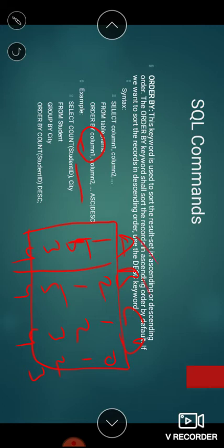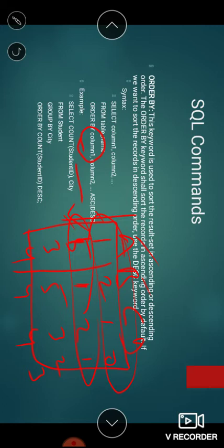So what it will do, it will first arrange based upon A. So if we have two values for A like 1 and 1, which row should come first and which should come next? So it will see based upon the next column. If A has two similar rows like 1, 1, then we will see B. So for B, 1 is there and 2 is there. So first this row will come and then this row will come. If you have not specified the second column, then it will take them like this. So this is how more than one column works based on ascending and descending order.